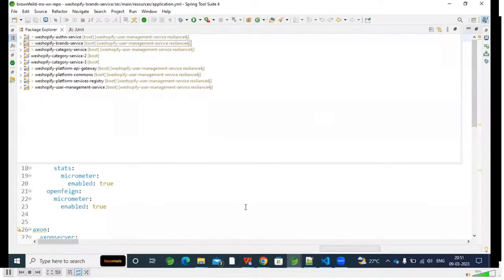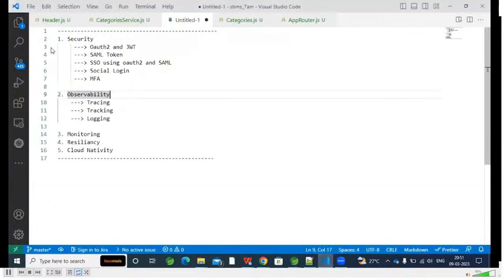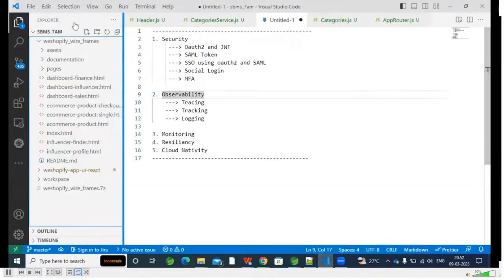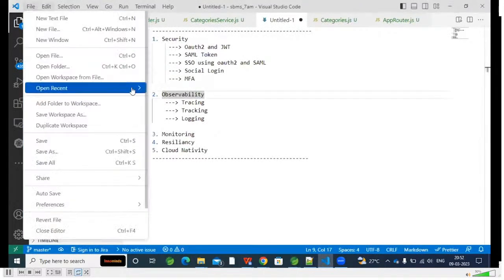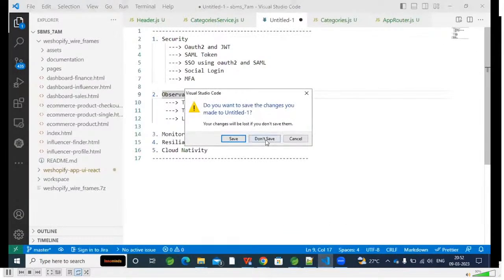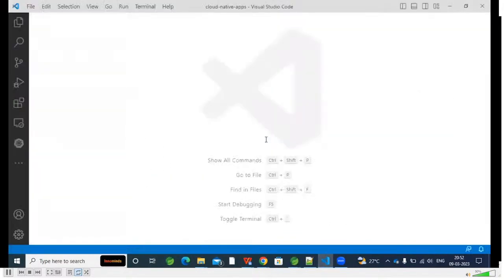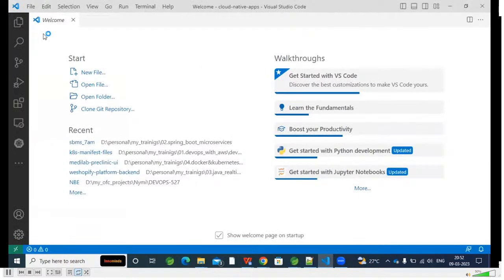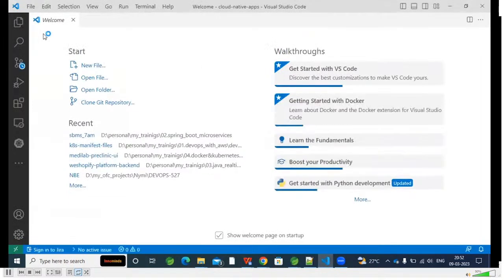One question from my side: are we going to deploy these on Kubernetes clusters, or can we end up only with Docker Compose for this microservices architecture with the React.js integration project? In this project, we will do the Dockerization of each and every microservice, and we will also write the